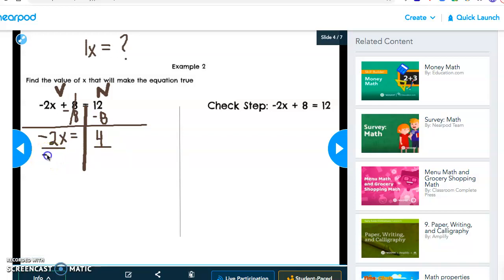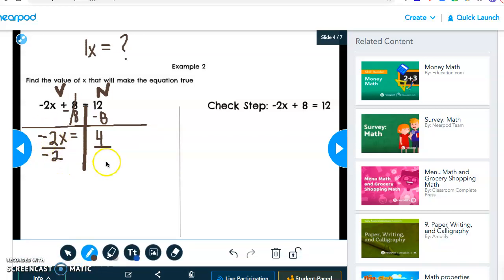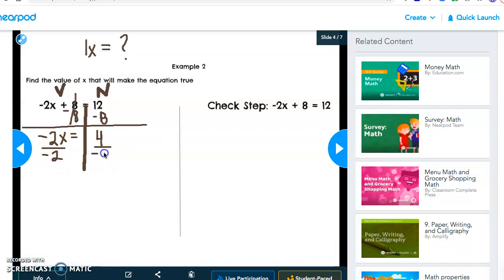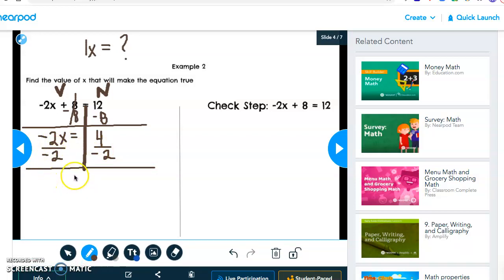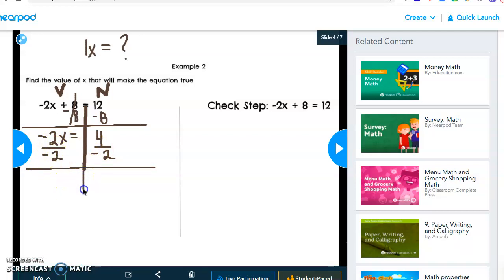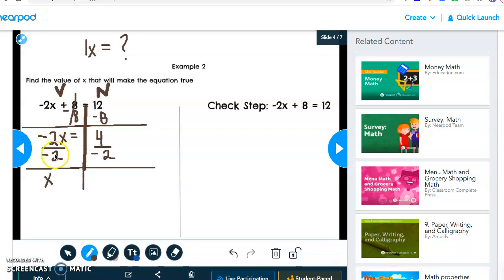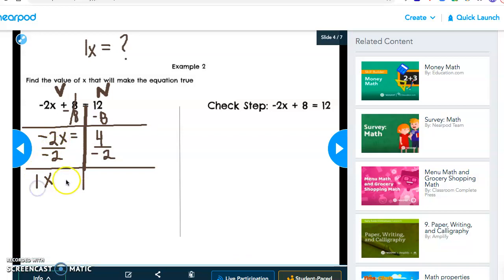This would be divide by negative 2. Anything divided by itself is 1. So I have to divide by negative 2 to get a positive 1x. So now we get 1x, because negative 2 divided by negative 2 is 1, so we get 1x equals